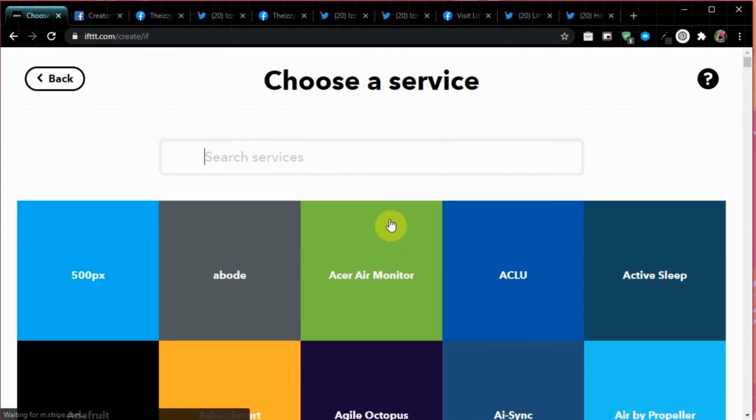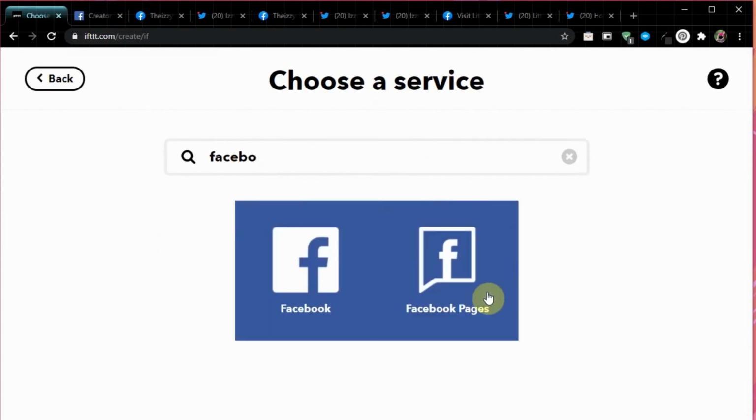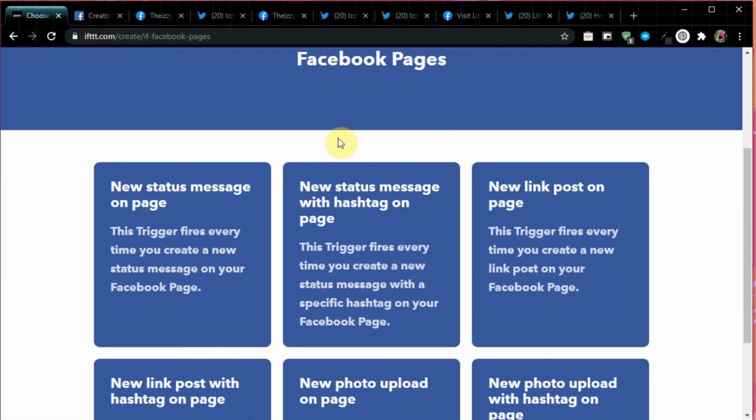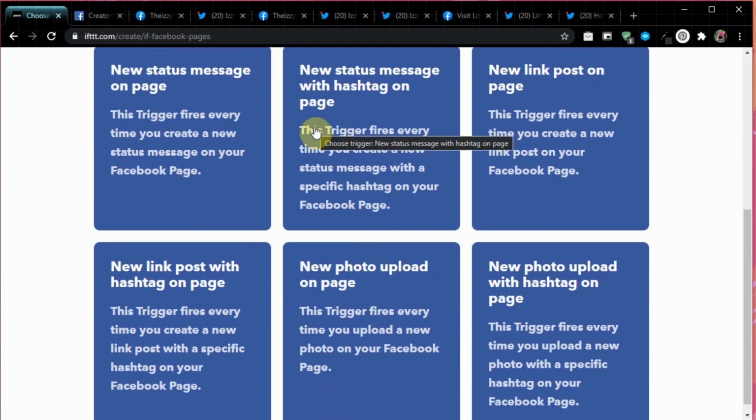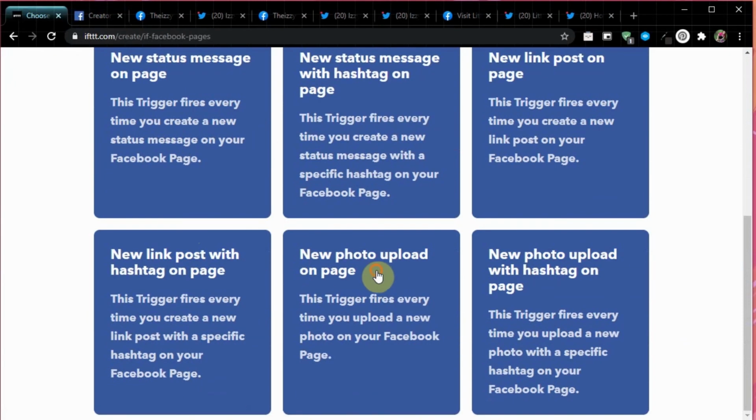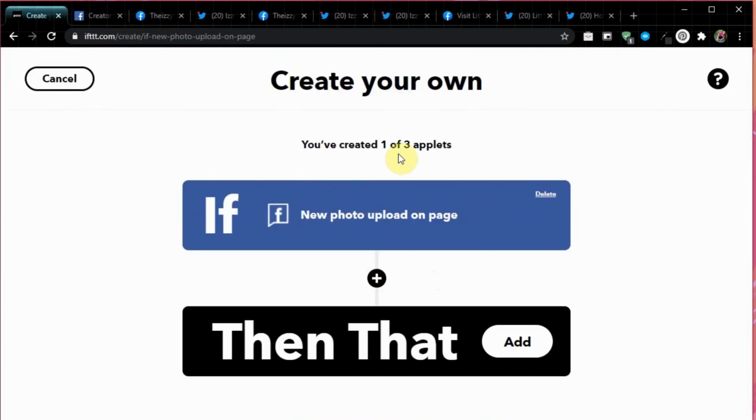So again, I'm going to do Facebook page, but it's already logged in. And then I want to do new photo upload. And I want you to be careful with this. Keep in mind, new photo upload can be any photo. So I actually have this turned off on some of my Facebook accounts because if you upload a photo album, it will tweet every photo in that photo album, which can be super annoying and is not really going to perform well on Twitter.